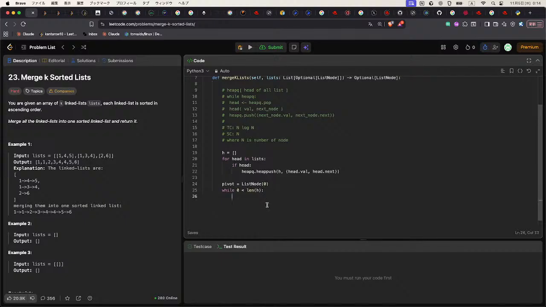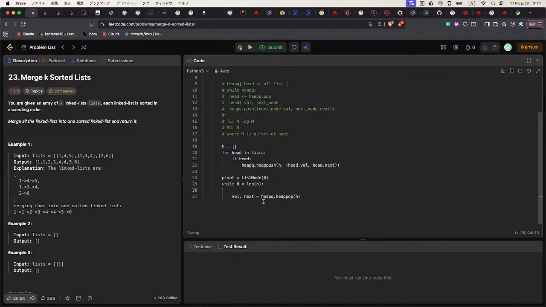Okay, and heap pop from H. Yeah. Next. We get value and next node, and